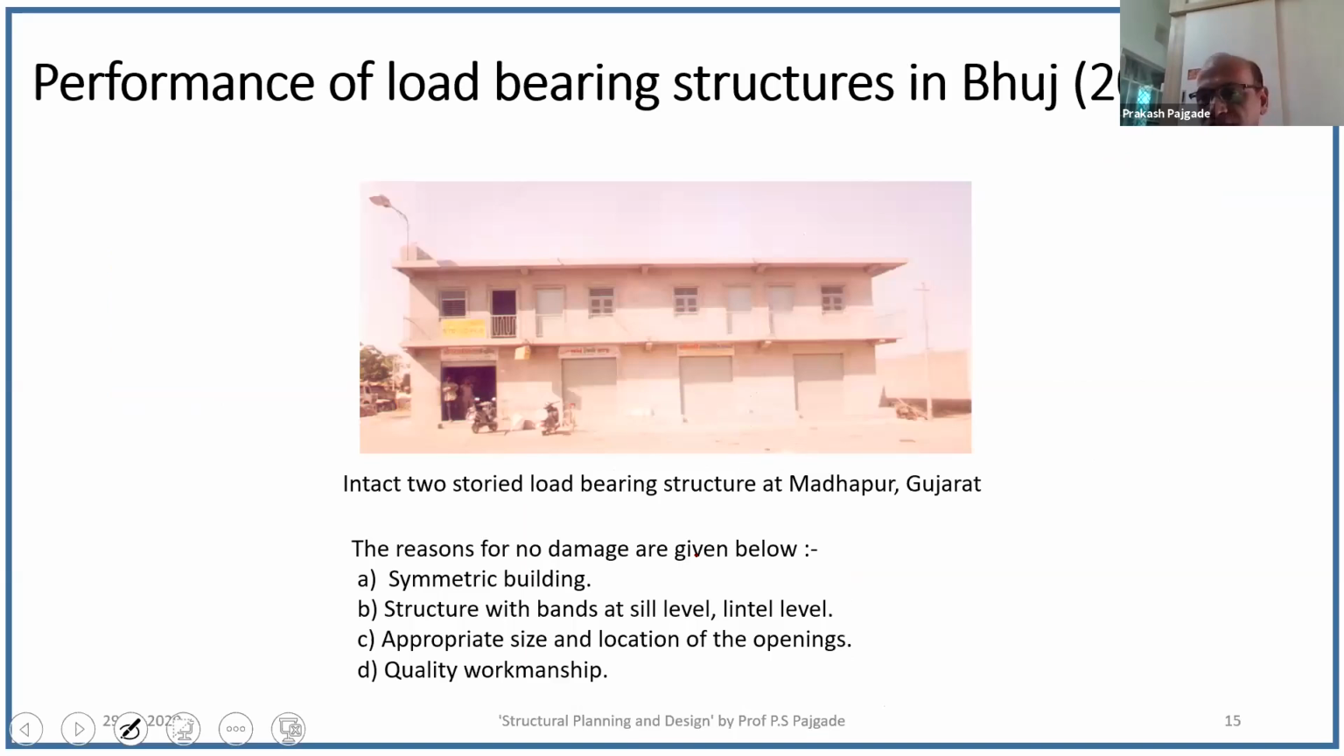In 2001, there was an earthquake at Bhuj, and you must have seen the performance of frame structures. Now this is a load-bearing structure, a two-storied load-bearing structure. It is in stone masonry. Because it was constructed as per the principles,